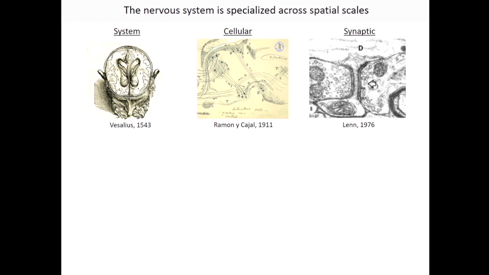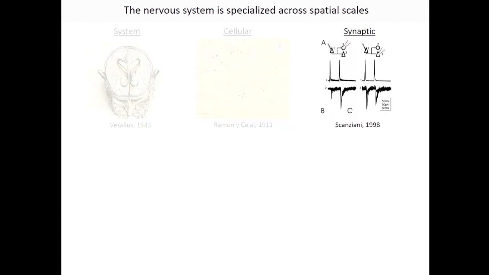And that's something I was interested in as a graduate student. And more particularly, one of the phenomena I was interested in was target cell specificity. And this is a phenomenon whereby an axon, depending on the type of cell it's contacting, so in this case, a hippocampal pyramidal neuron contacting two different interneuron cell types, will build a different kind of synapse. It'll build a facilitating synapse onto one and a depressing synapse onto the other.